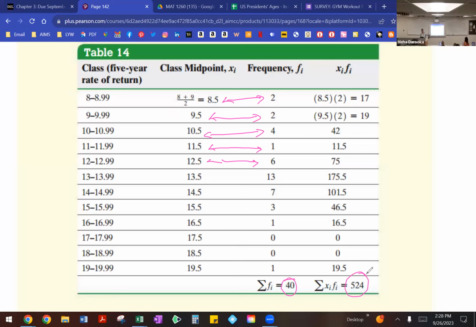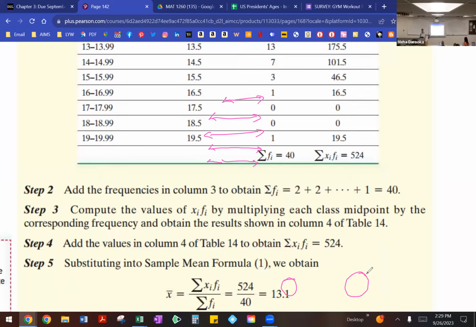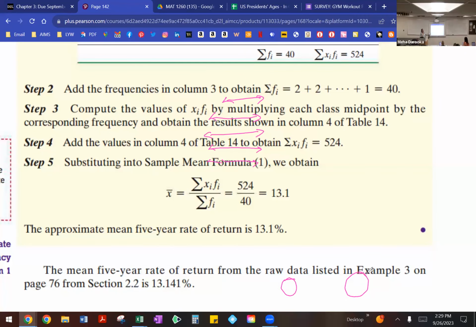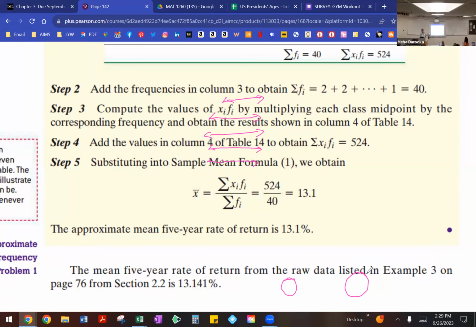So then you will take 524 divided by 40, and that is going to give you your mean for this data set. So that comes out to be 13.1. And you will, of course, have questions where they're going to have you ask. I think some of you have already made it to 3.3 homework, right? So you should be seeing that in there. So that's what you are doing. Midpoint, then multiply by the frequency, add all those numbers together, and then divide by the total of your frequency